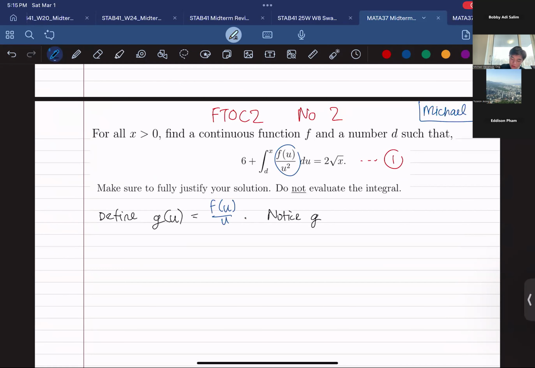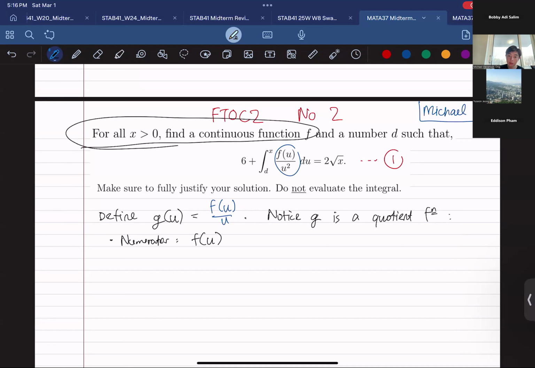Notice g is a quotient function again, containing our numerator, which is just f of u, and this f of u is continuous on positive values. Okay, it's already given in the question. Right? And then our denominator